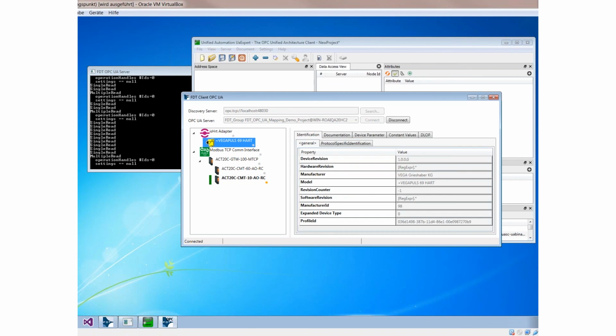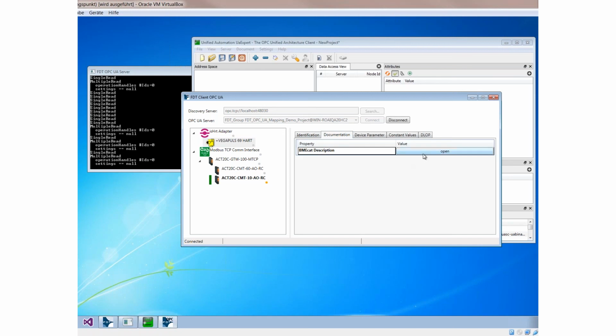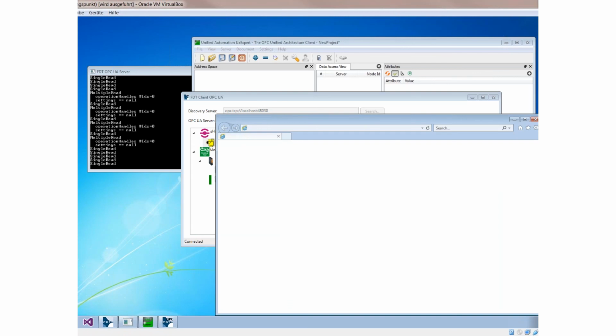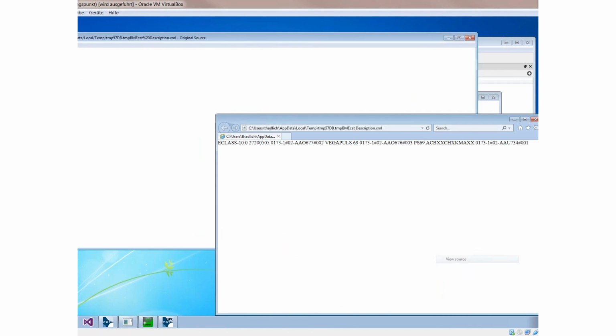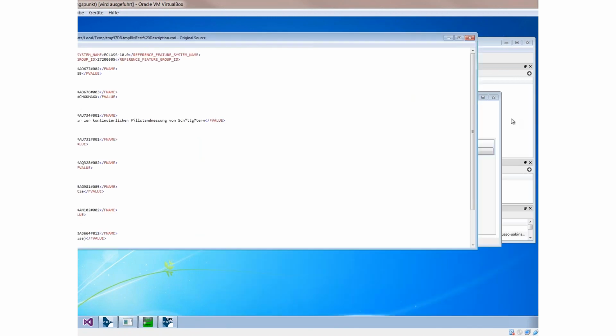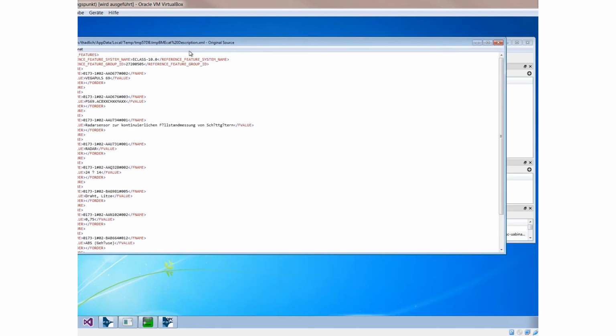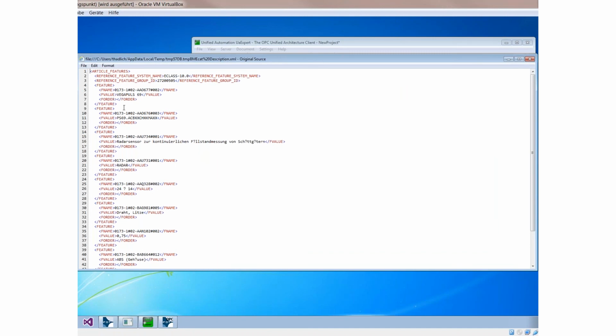So something else that we did, in respect to the Industry 4.0 initiative, is that a device can provide its device description also based on E-class. This is provided as an XML file. That's why it doesn't look so nice in Internet Explorer. So this is basically an E-class description of the device,